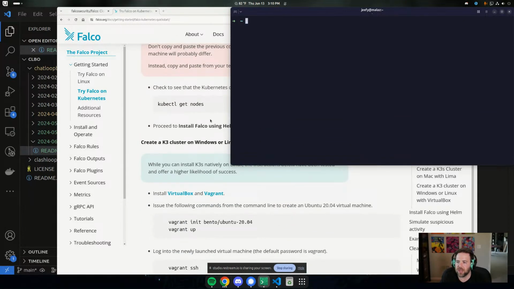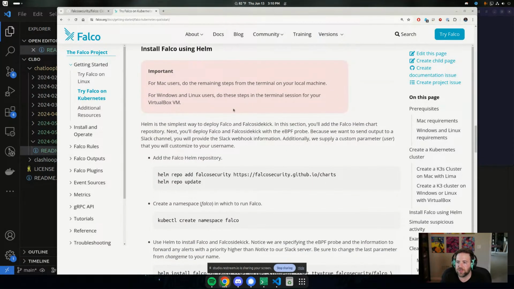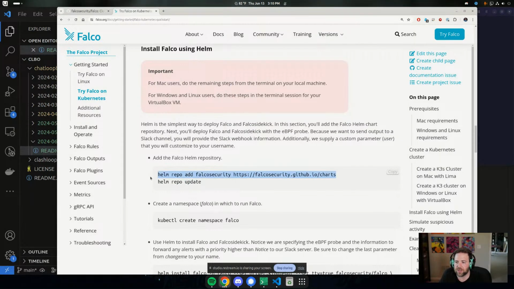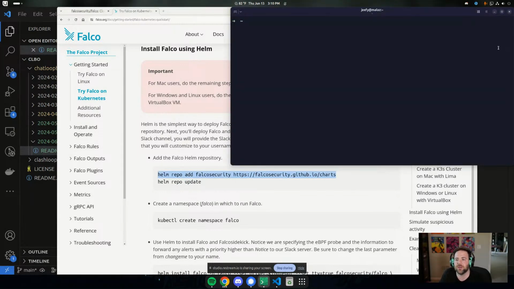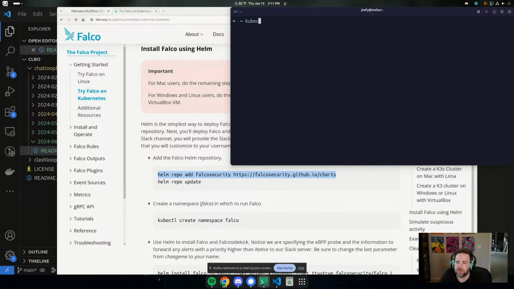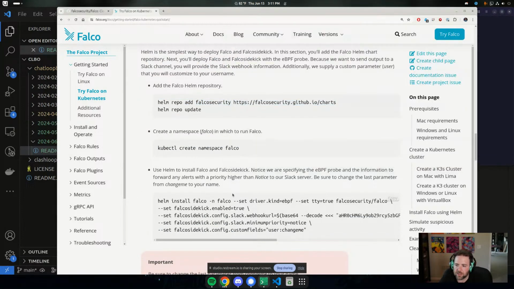We can kind of skip ahead to installing Falco using Helm. I am 99% sure I don't have Falco's Helm chart on here, so we have to add the Falco Helm repo. Repo update. And then we want to create a namespace for Falco, and then we're going to install it in here. So